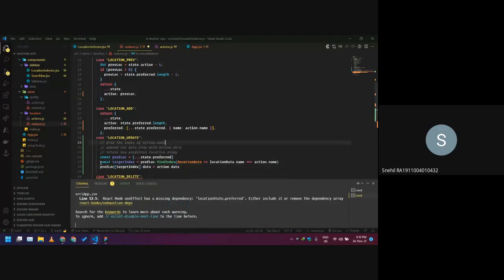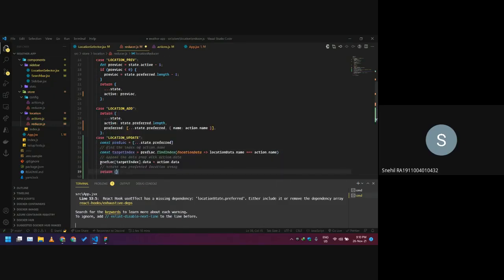This is what we needed to do, right? So find the index, then append the data prop with action data. So this is how we are finding the index, this line, then we are appending, and then finally return it. So now return, and this new thing would be state